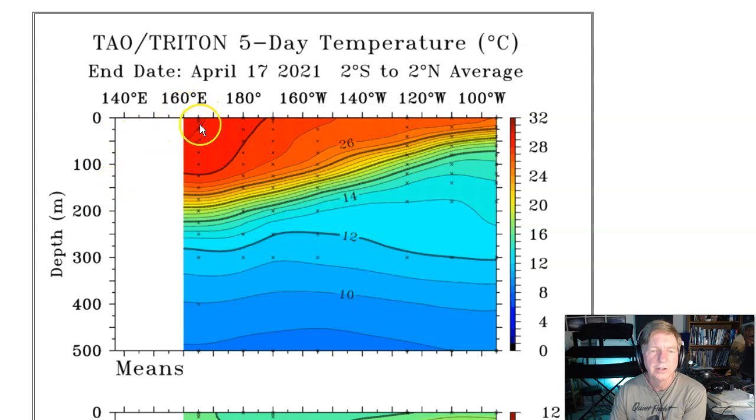Warm water, 28 degree isotherm right here. That's 28 degrees centigrade. That's pretty warm water. So all winter long, it was over at like 165 east. Look where it's moved in just about the past month. We're almost at 172 west now. This is a significant change even from last week when we were at, I think, 180 west. And that doesn't look like a lot on a chart, but that's a lot of distance